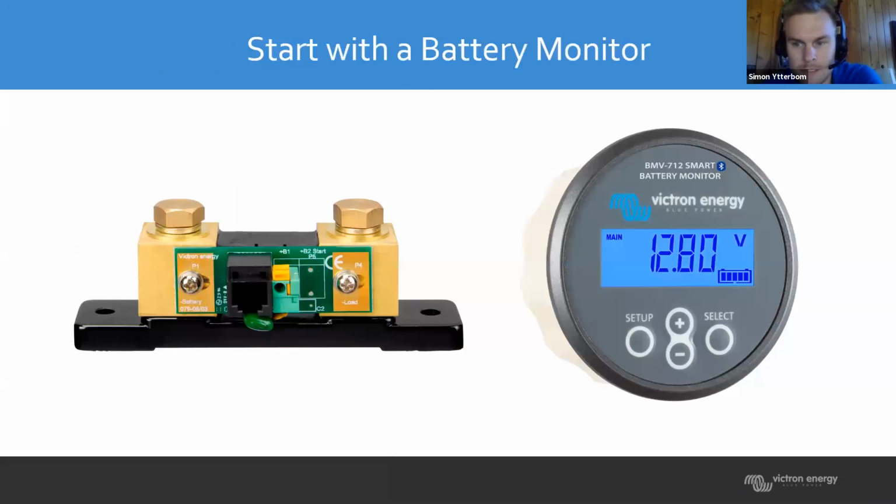So if you are using just a voltmeter or amp meter, for example, I would strongly recommend that the first thing you would do to your system is invest in a quality battery monitor that can translate what volts and amps into state of charge